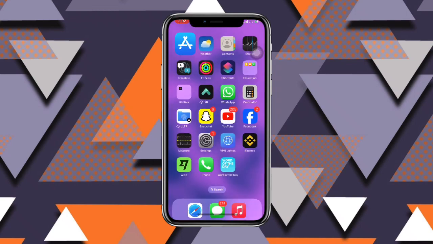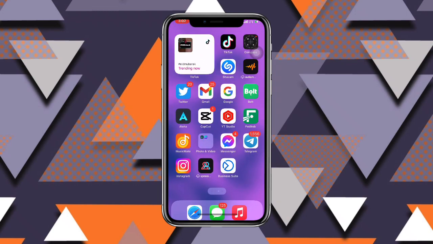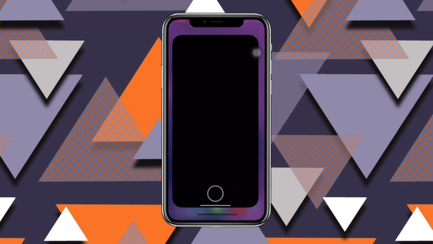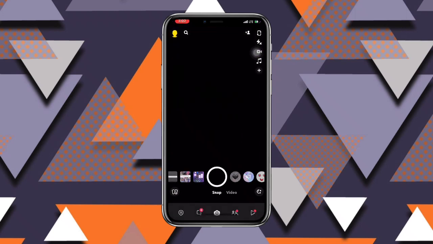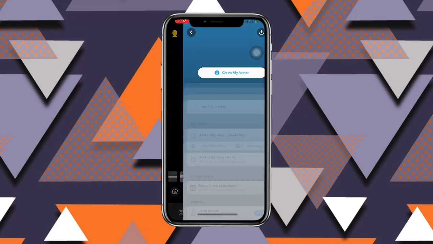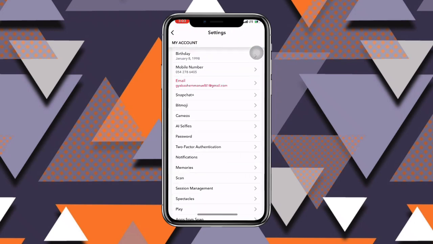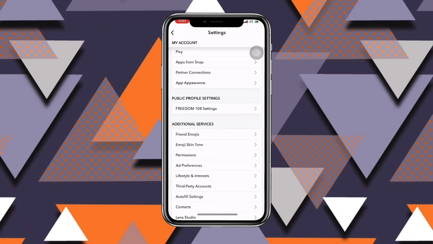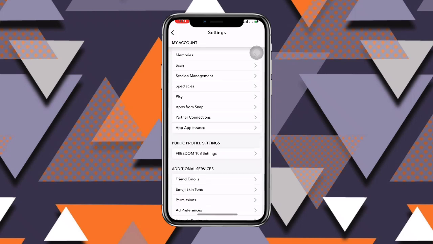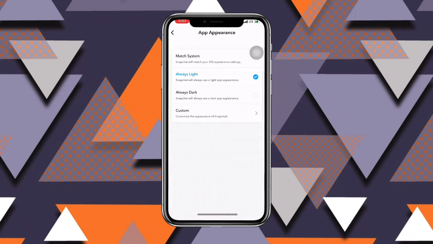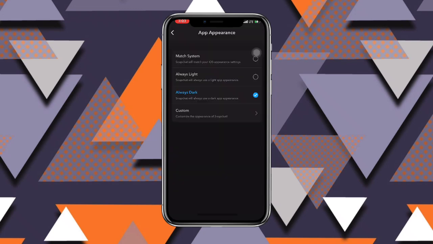Now once you have updated your Snapchat, all you want to do is to just go ahead and open your Snapchat. Now once you open your Snapchat, click on your profile at the top left. Now once you click on that, click on settings over here at the top right corner, and scroll to where you can see app appearance. Click on that and you can see always dark. Now click on always dark and you can see over here,